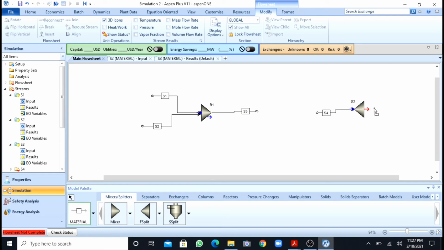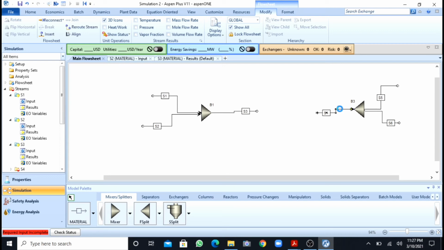It has a feed stream that is split into 2, 3 or any number of streams that you require, as you want.